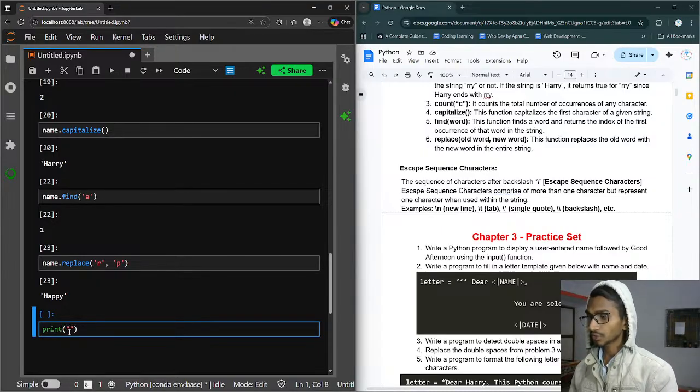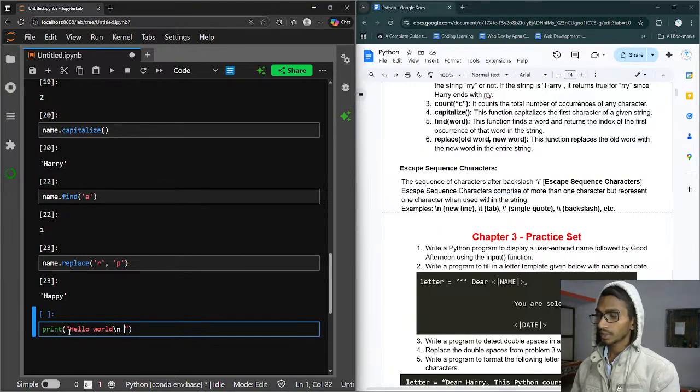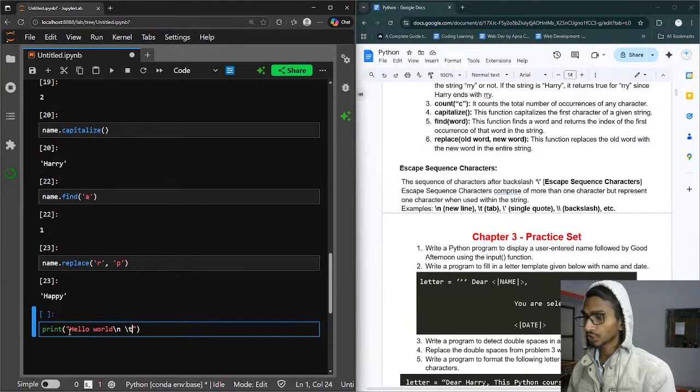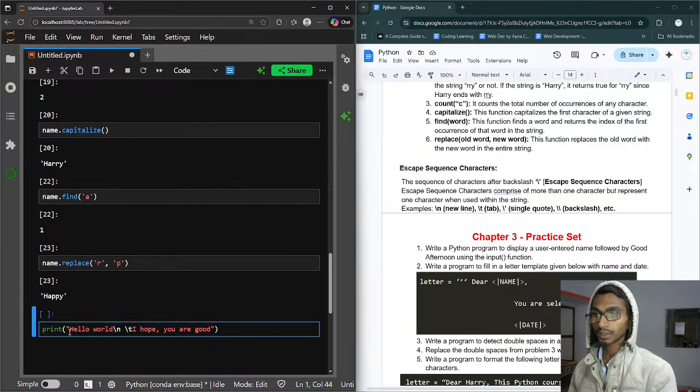So first of all, we have a string, then "hello world", backslash n, and then we need a tab, so backslash t. "I hope you are good." After that, single quotes if we want to have, backslashes if we want to have. So let's have backslash n again, and backslash quote,